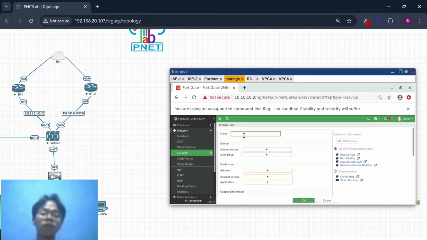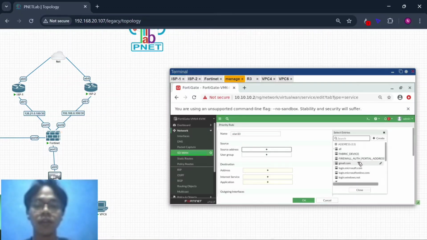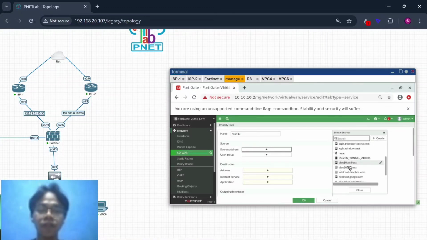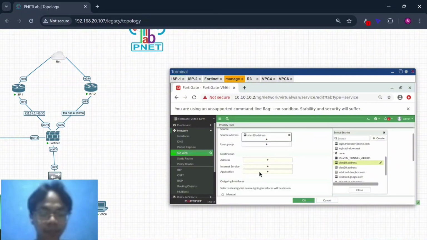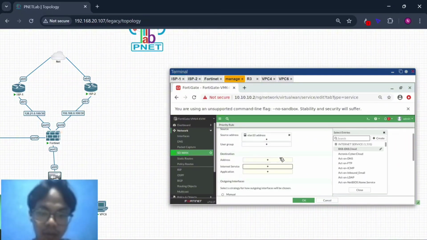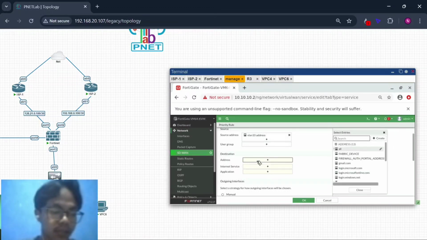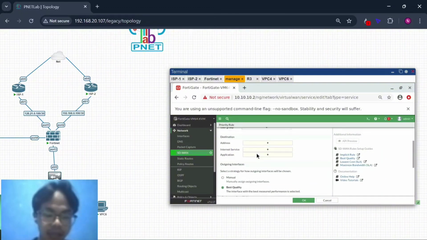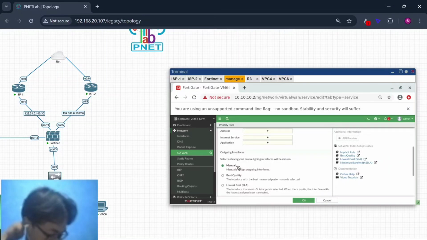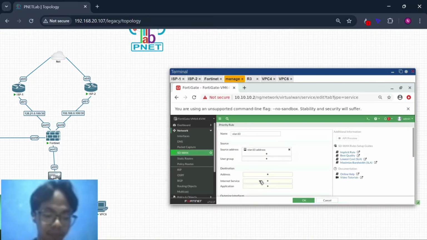This is name VLAN 10, source address VLAN 10 address, and internet service, not internet.